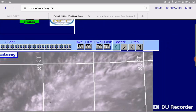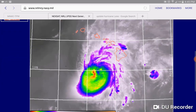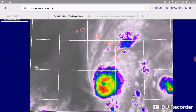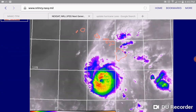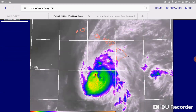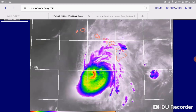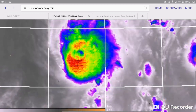And so, sorry, let me get this slowed down. So let's take a look at this. I mean, okay, so we got a little bit of this purple here. We should still see a lot of rain, but the rain just seems to be appearing on the other side of the Big Island. It's not even hitting on the Big Island. And though it should be pushing and pulling this moisture in, it's not. So it seems like all the so-called moisture, if it really truly exists, is here in the eye of the